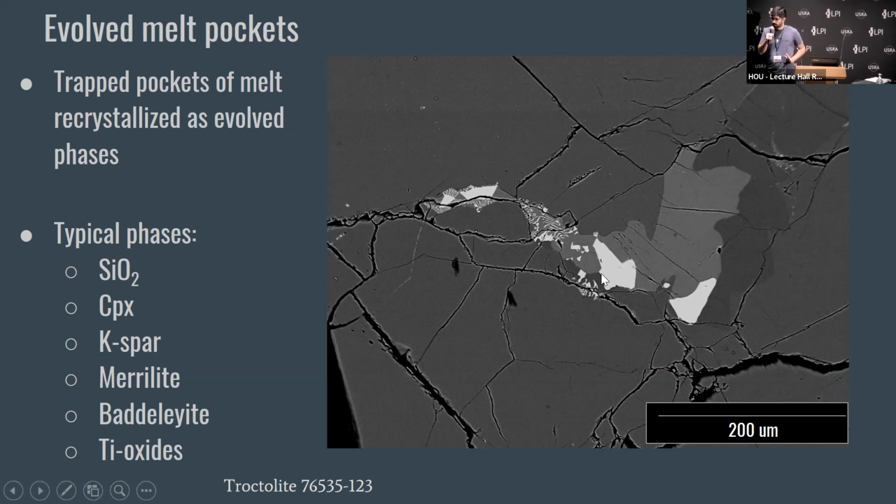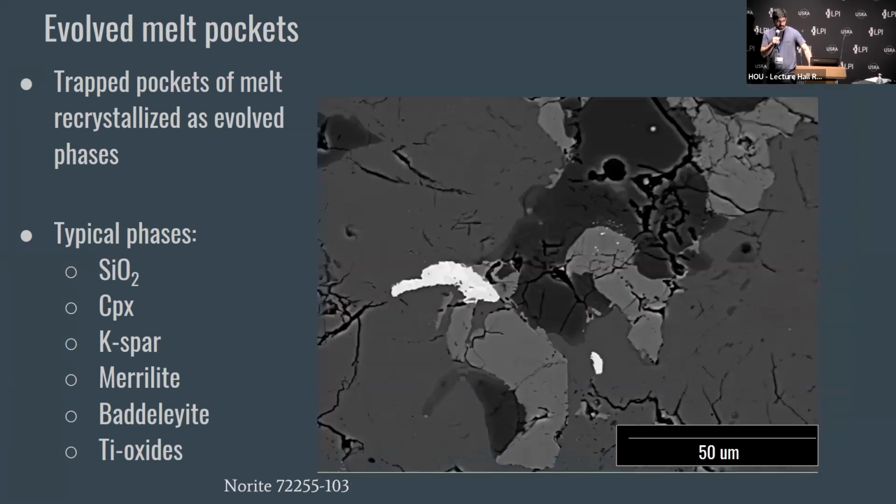This is how the melt pocket looks in 76535. But if we go to the norites, then we get a bunch of silica. Oh, sorry, spoilers. We get a bunch of silica, a ton of clinopyroxene also. We get rutiles, and there's a brighter spot there that is actually a niobium-bearing rutile. We also get tiny pieces of melt. This is actually a potassium rhyolitic melt,